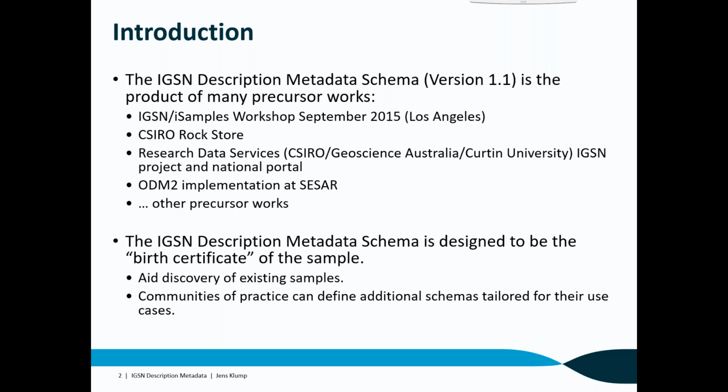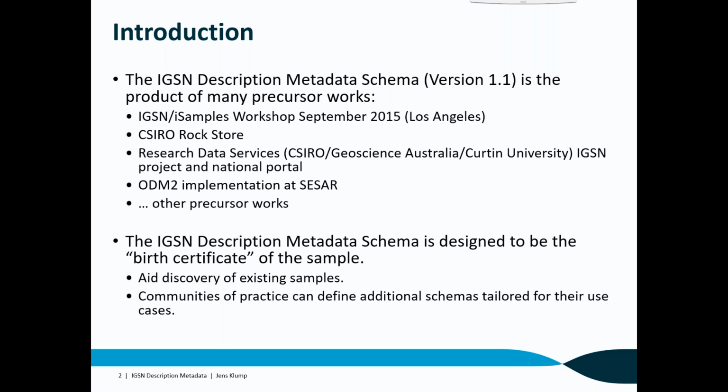Then we had 2 grants from the Research Data Services in the collaboration of CSIRO, Geoscience Australia, and Curtin University to build things around IGSN and the national portal. There's ODM2 implemented in CSAR and many other precursor works that fed into our thinking of how we want to